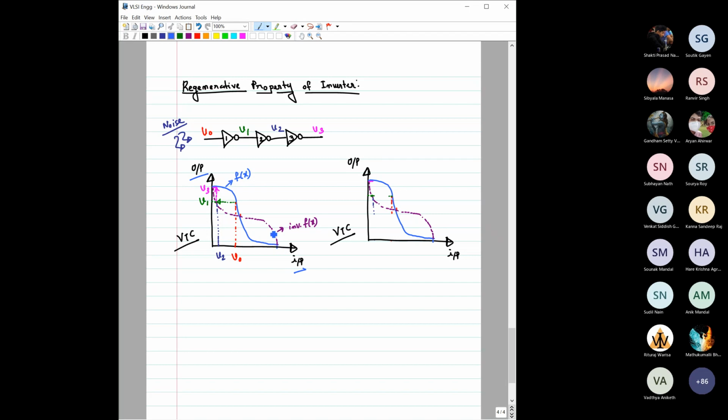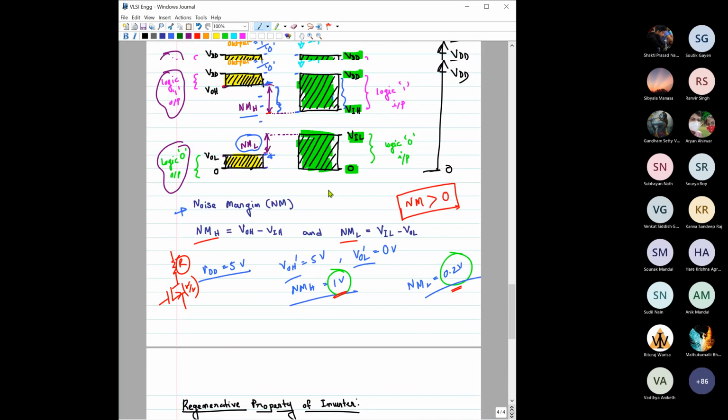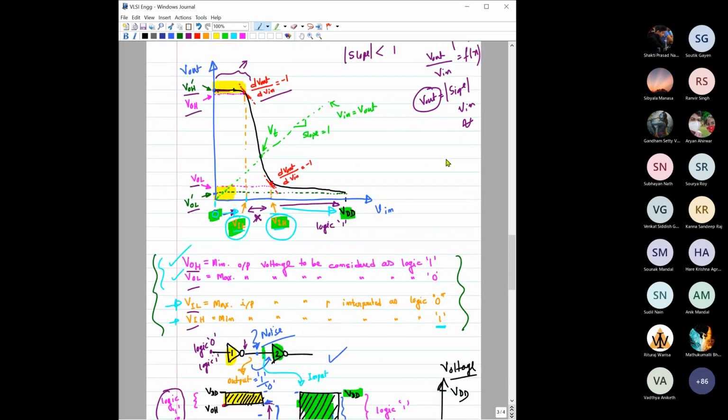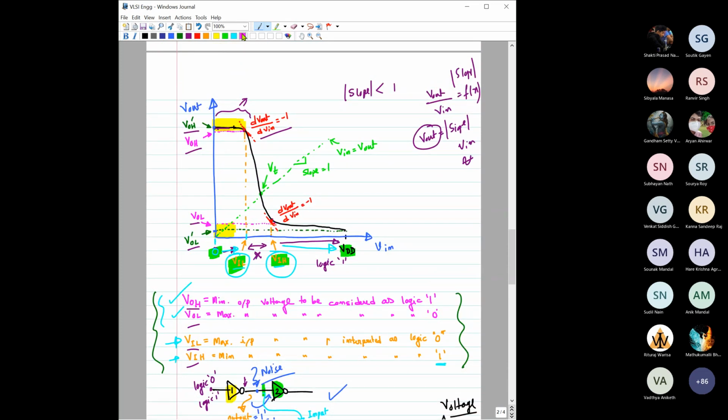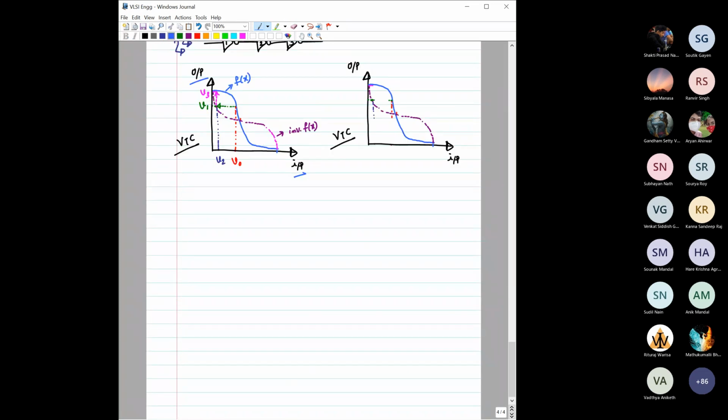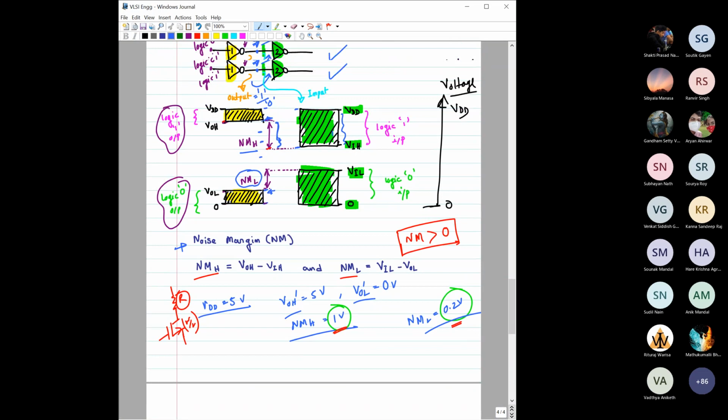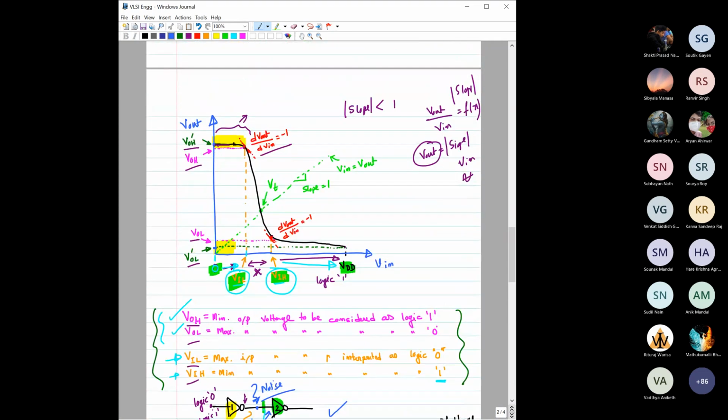I think I missed one point in the last page. So let me tell you that and then come back here. It is important. Here, there is one more very important point that is called this VT. So you know what this VT stands for? This is interesting. See, this VT stands for